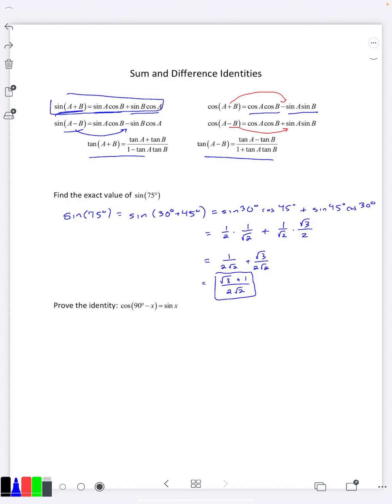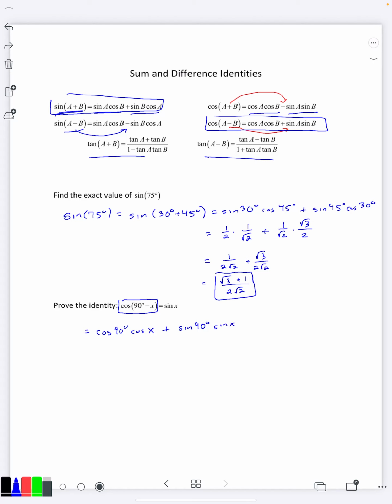You can also prove new identities like this one down here that says cosine of 90 degrees minus x is equal to sine of x. Well, we start on the more complicated side. Cosine of 90 minus x using the cosine A minus B identity would be cosine of the first thing, cosine 90, cosine of the second thing, x, plus sine of the first thing, sine 90,